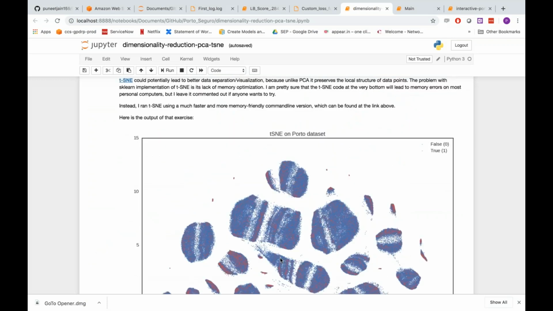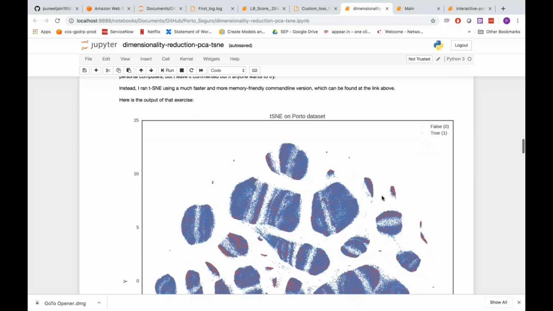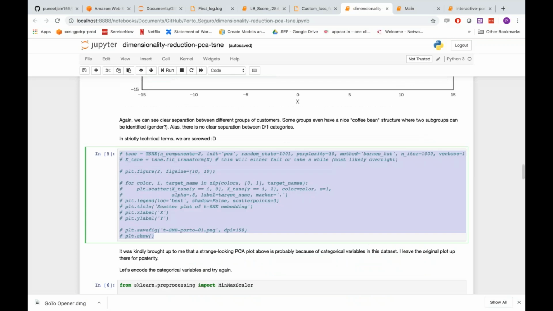But TSNE is an expensive step. It takes a lot of time to run this particular algorithm. So if you are running this, I would suggest that you should have either a good RAM, or you can leave it running overnight on your data set so you are able to get a proper distribution, right? Similarly, you can again run this